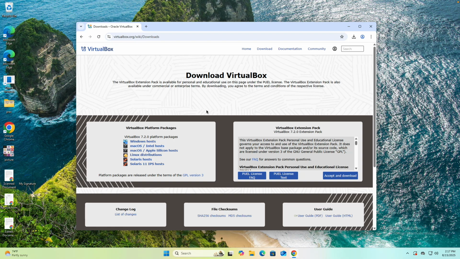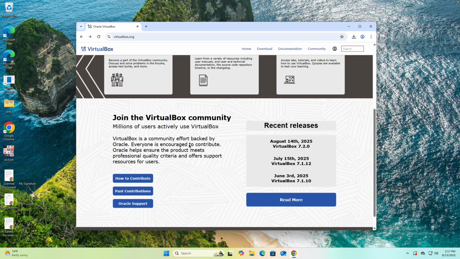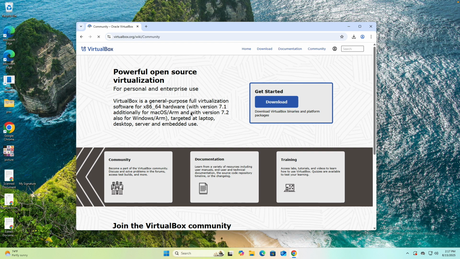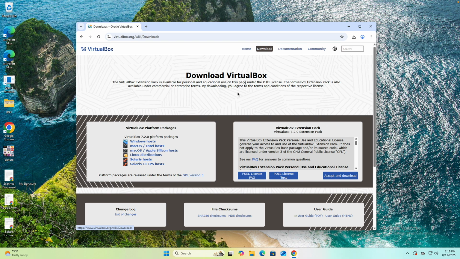Now, over here, for example, I'm just going to tap here on the back arrow. For example, if you land on a strange page, suppose you are landing on this page which doesn't show any download option, simply give a look here at the header section. We've got a few sections in here, and you need to tap on the download section. Once you tap on download, this will bring you to the same page from where we can actually download the